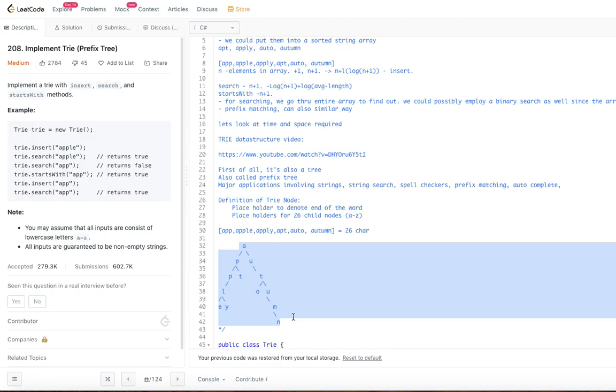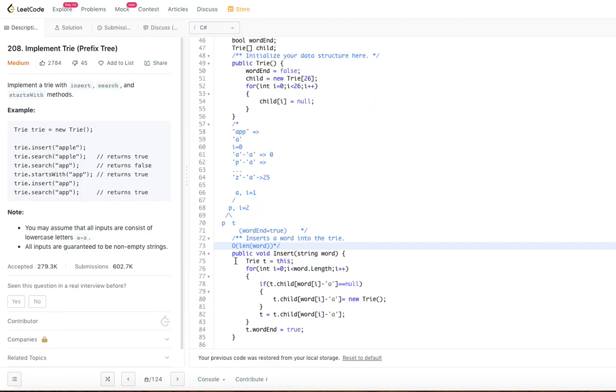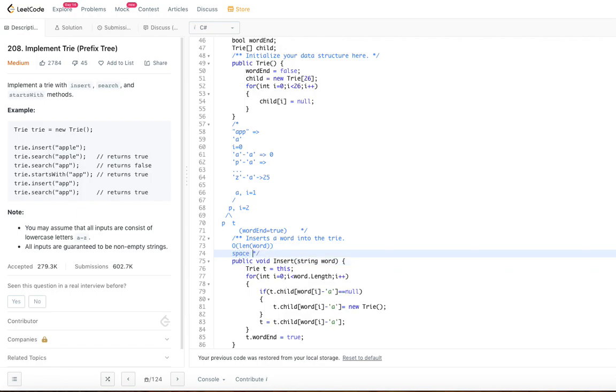So if the average length of the word is L, we are looking at the space complexity. The average length for each word is L.